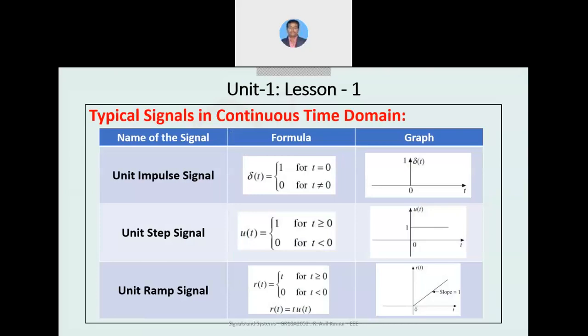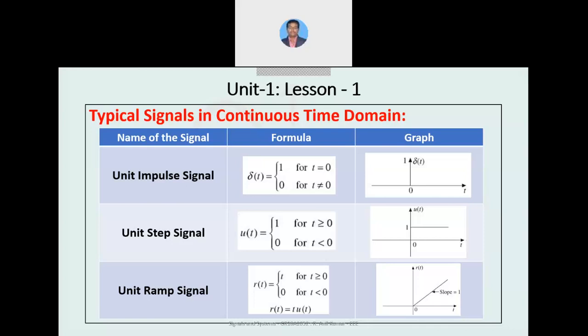Next, coming to the typical signals. The first is the unit impulse signal, or normally we can call it an impulse signal. Unit indicates the magnitude is 1. If the magnitude is other than 1, we can roughly call it an impulse signal. What do we mean by impulse signal? For a short duration of time, the signal has a maximum value. Here we consider the maximum value to be only 1. We represent that short duration as t equal to 0, for which the impulse function is 1,